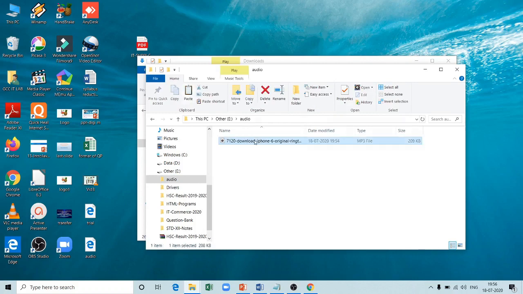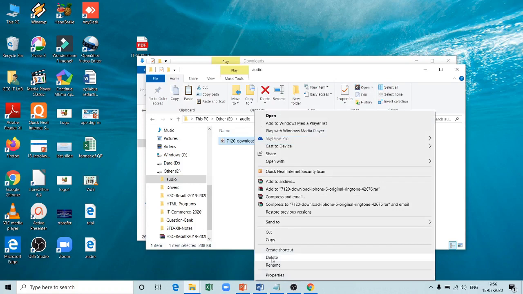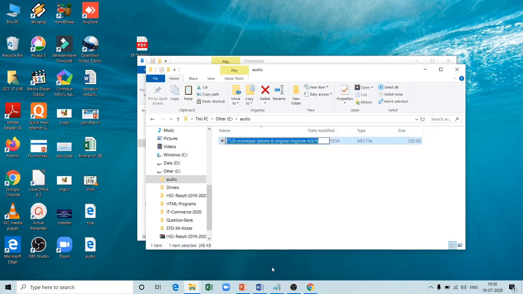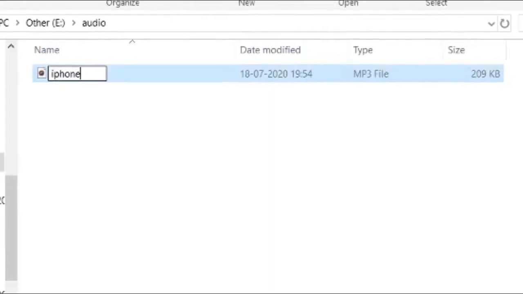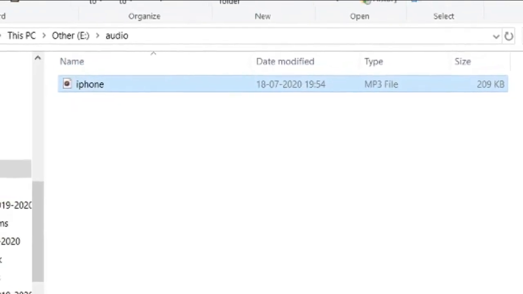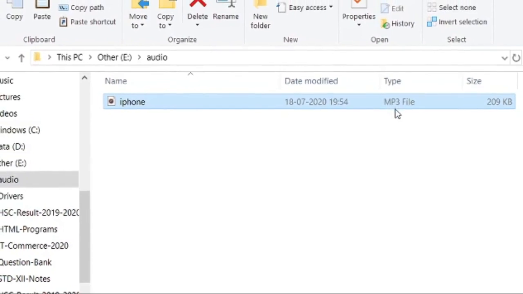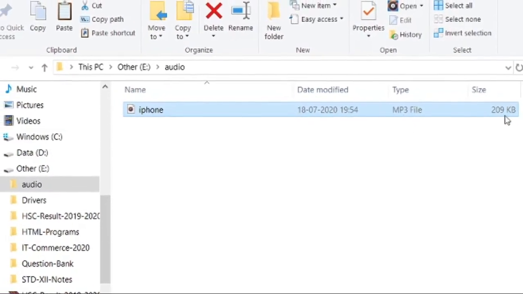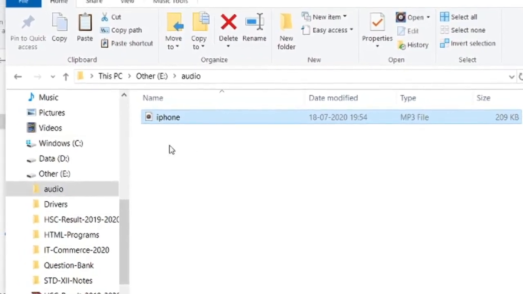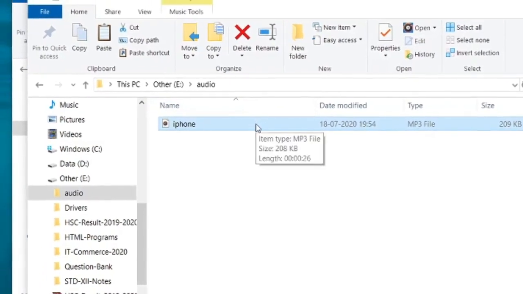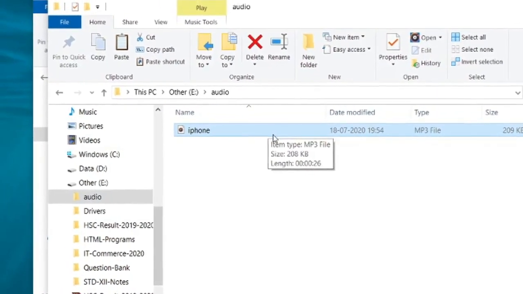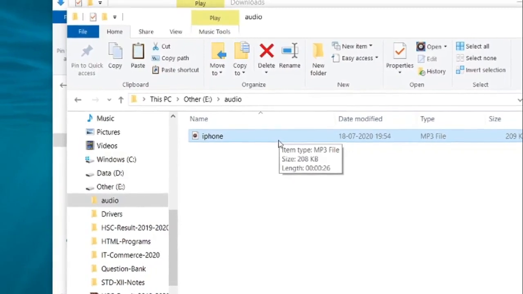I will rename this file because this is a very lengthy name. I will shorten it to iPhone. So this is my audio file which is of MP3 type, which is of 209 KB size and which has a duration of just 26 seconds.